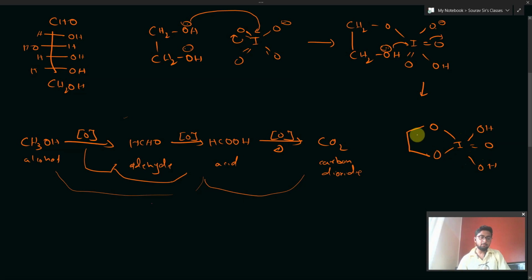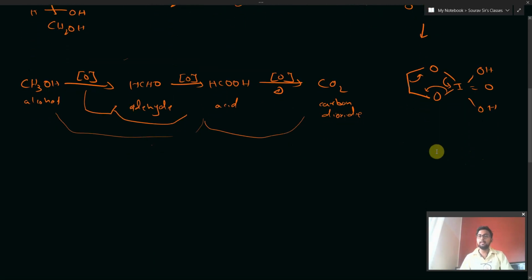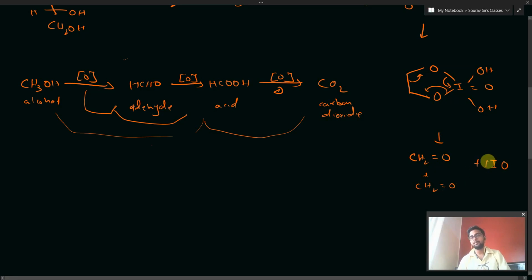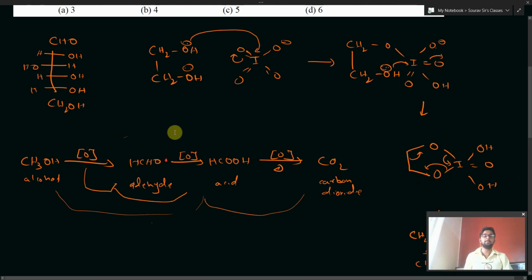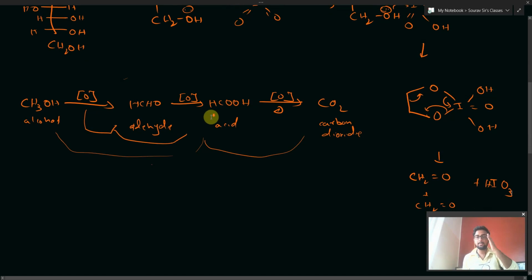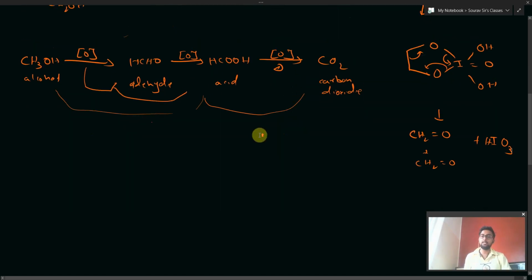Now what would happen is this bond will be falling over here, this bond will be going over there, and this one will be going over here. So we will be getting CH2 double bond O and one CH2 double bond O plus HIO3. So this is the mechanism by which the oxidation with respect to HIO4 is normally done in